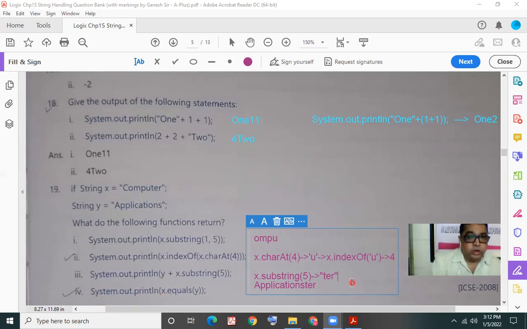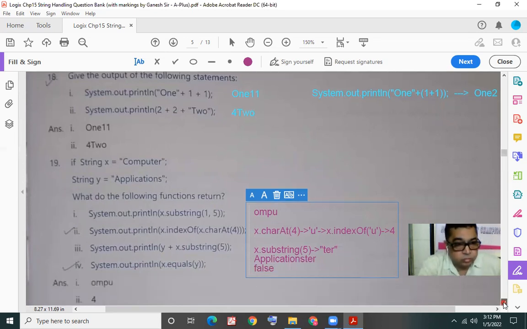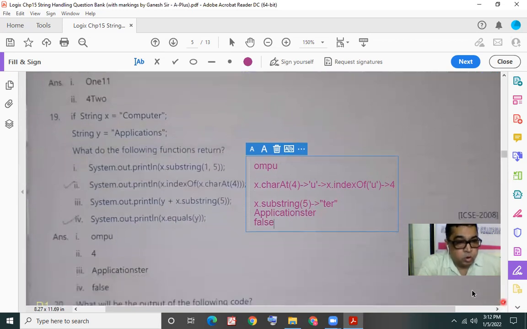The result we're going to get is false. Because the x string is computer and the y string is applications, so they are not the same. So the output we're going to get is the value false.